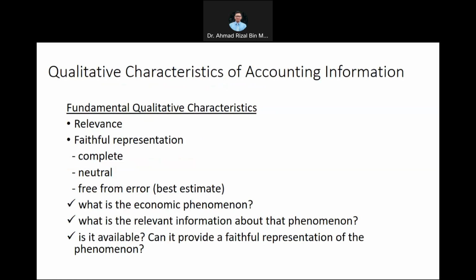And this value can take on confirmatory value, which is the exact and straightforward value, or predictive value, whereby the element of subjectivity comes in,